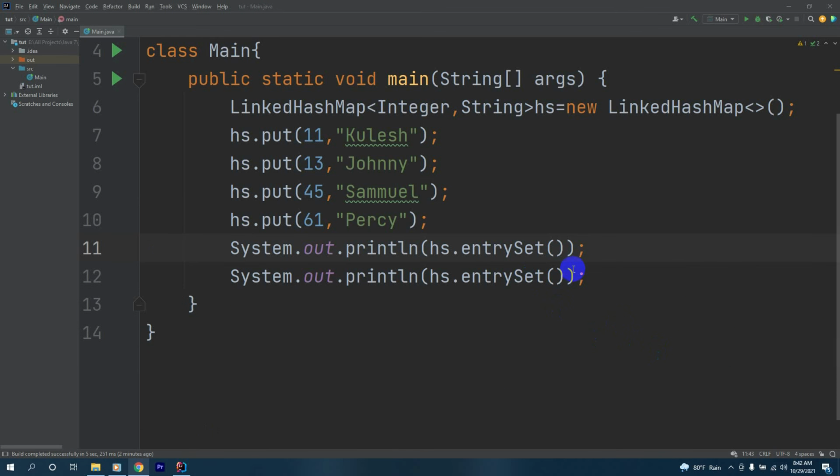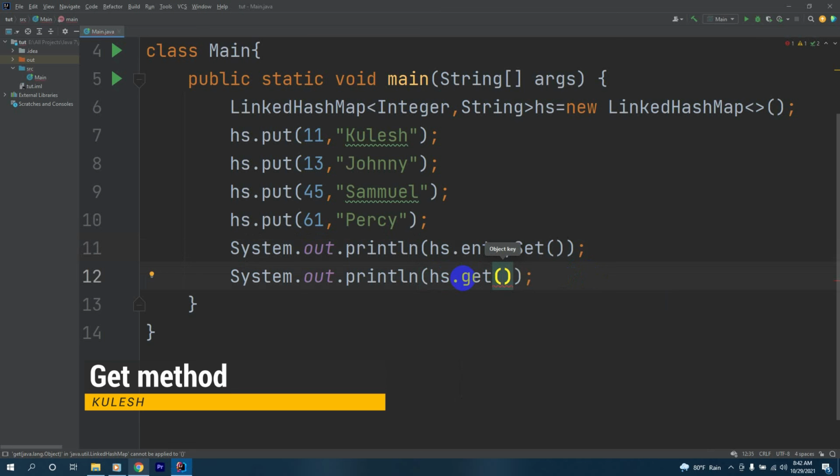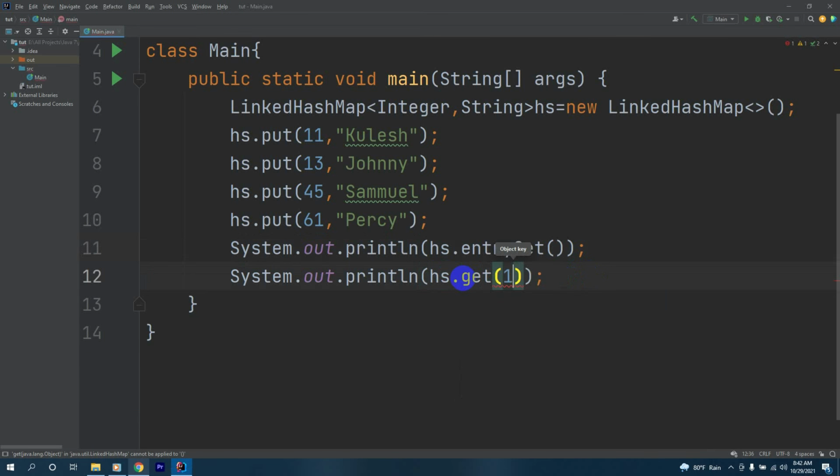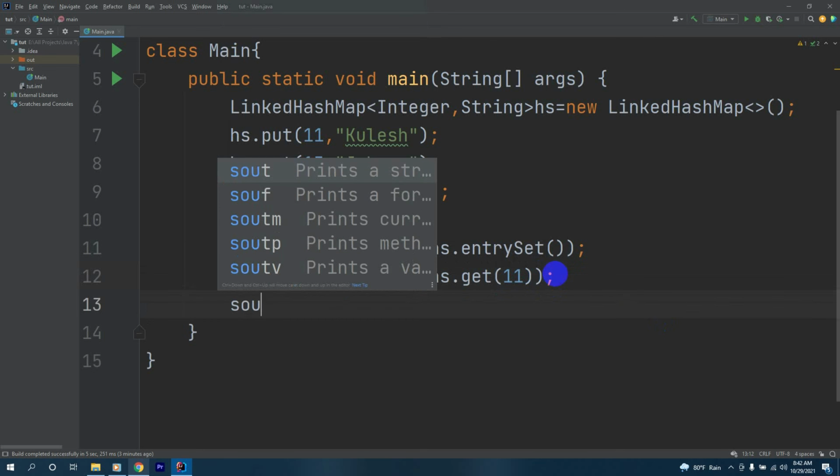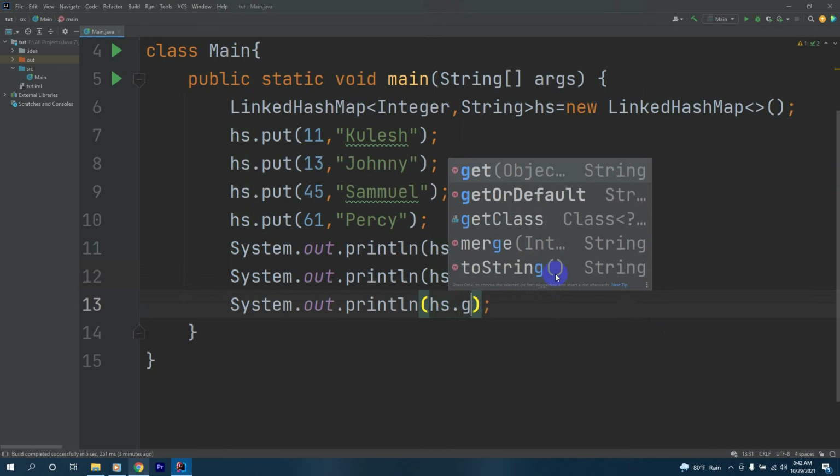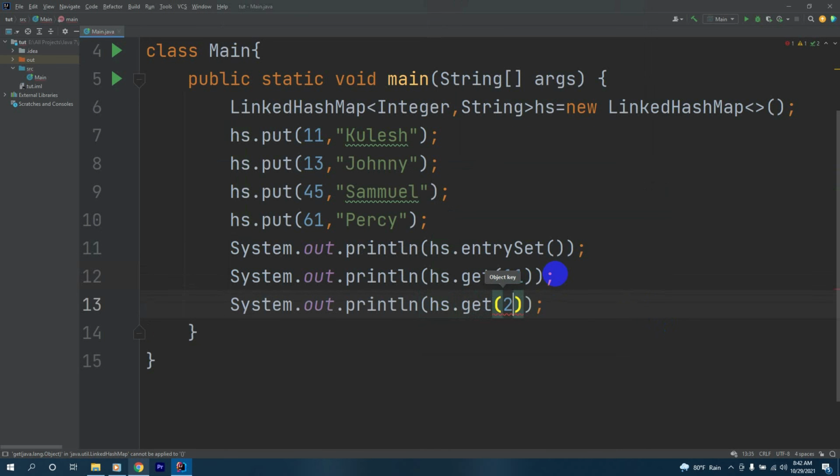Now we'll see an example for the get method. We'll say here hs.get, and we'll provide our ID to get the value of our linked hash map. We say 11 here, and we'll have another sout that prints hs.get 45.